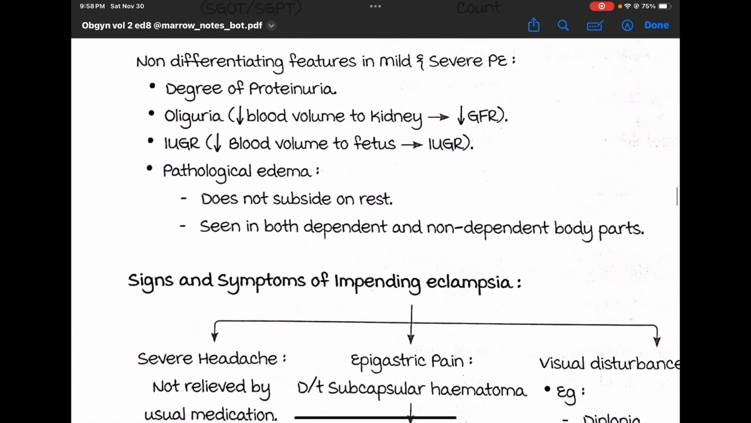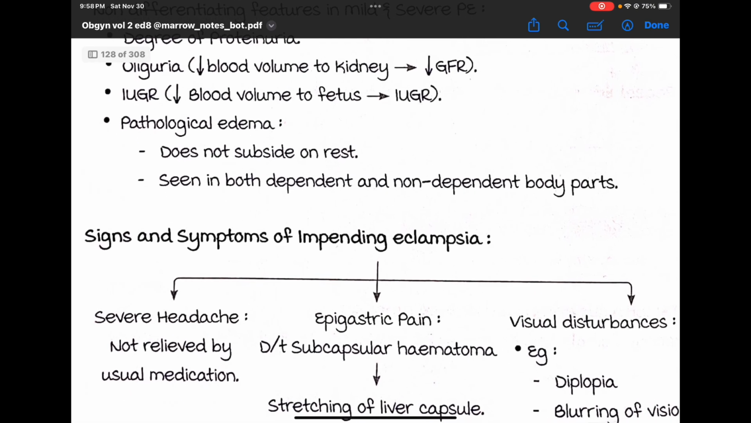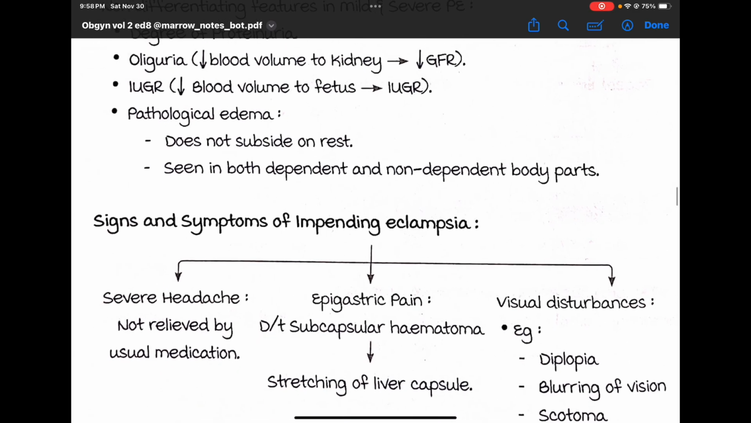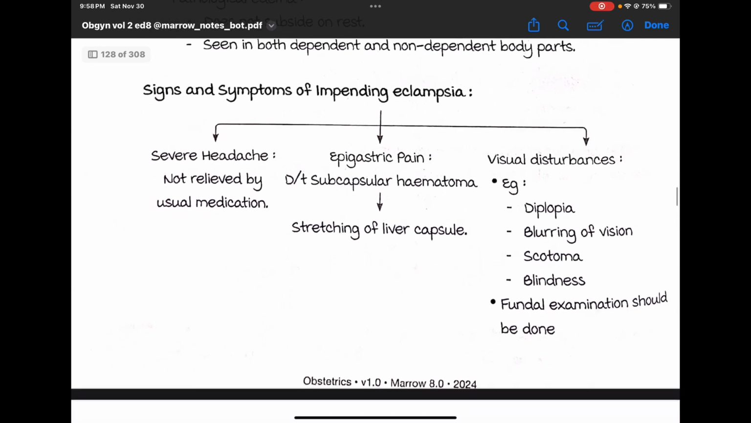Pathological edema does not subside on rest, and is seen on both dependent and non-dependent body parts. I had seen one such preeclampsia patient whose vulva was enlarged to an extent that she couldn't walk. Signs and symptoms of impending eclampsia: